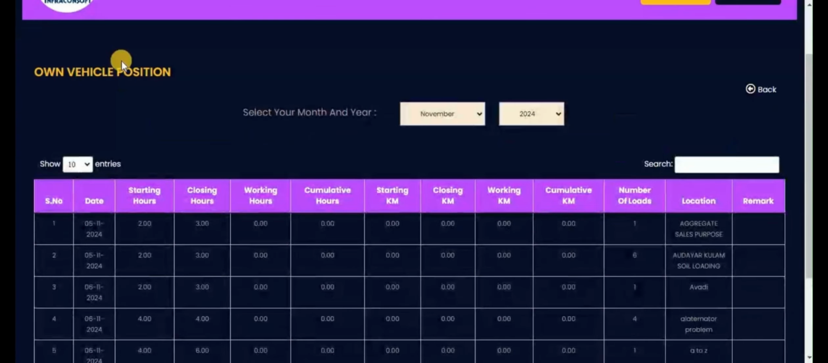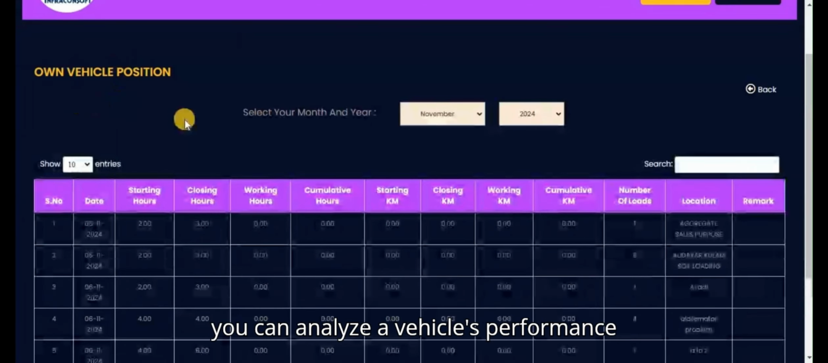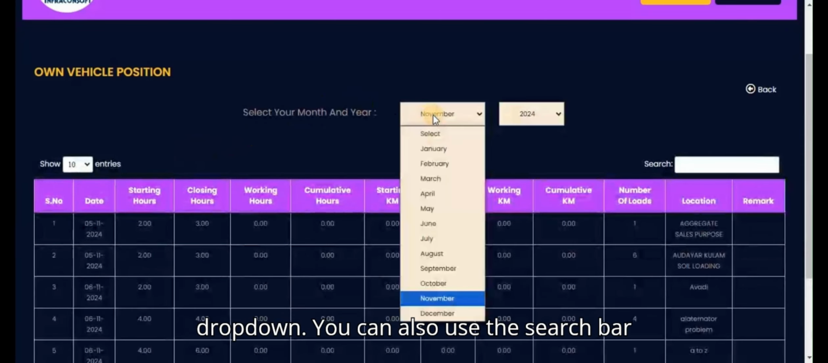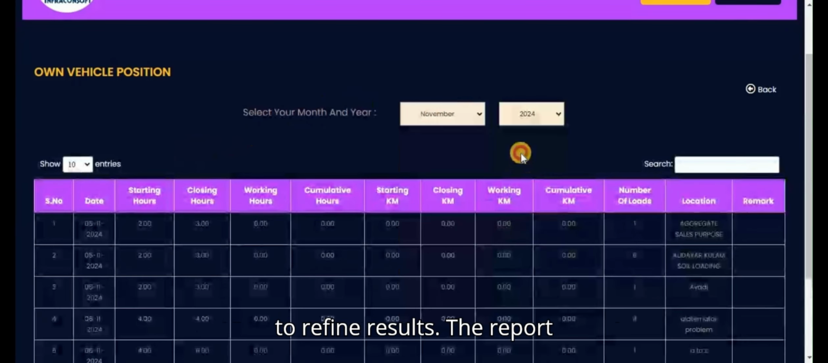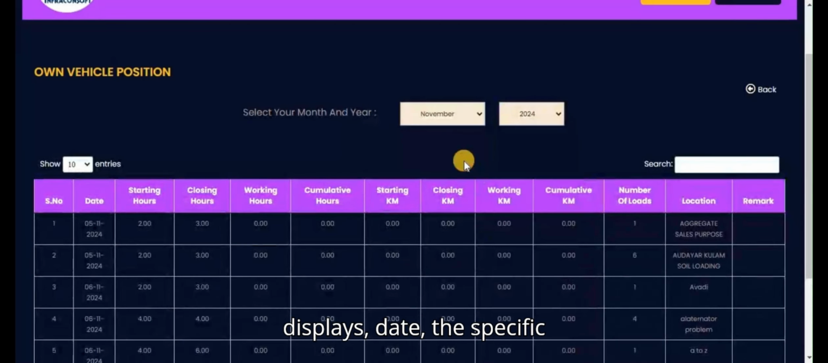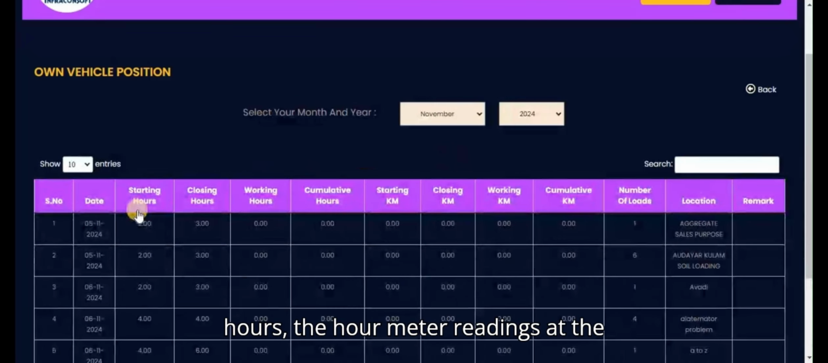Step 3. Own Vehicle Position page. Here, you can analyze a vehicle's performance over a specific period. First, select the month and year from the drop-down. You can also use the search bar to refine results. The report displays date, the specific date of operation; starting and closing hours, the hour meter readings at the beginning